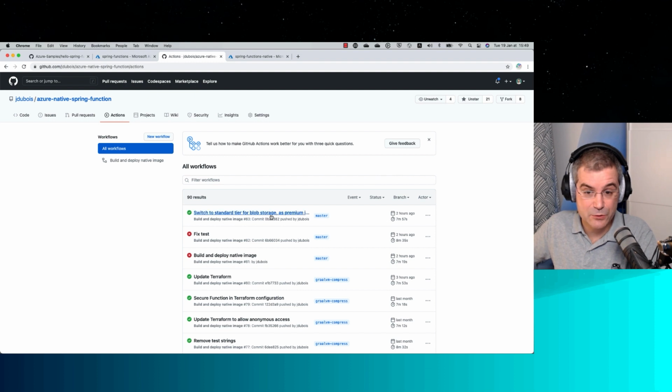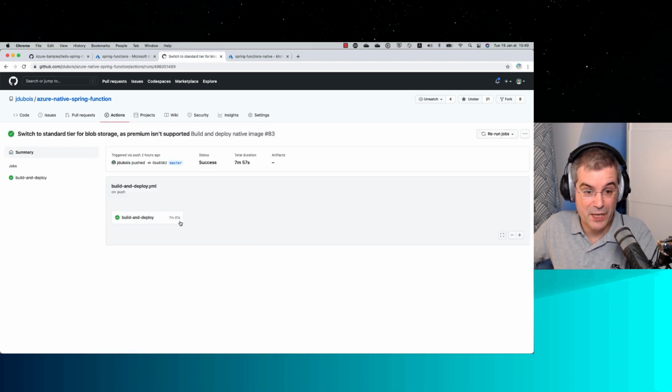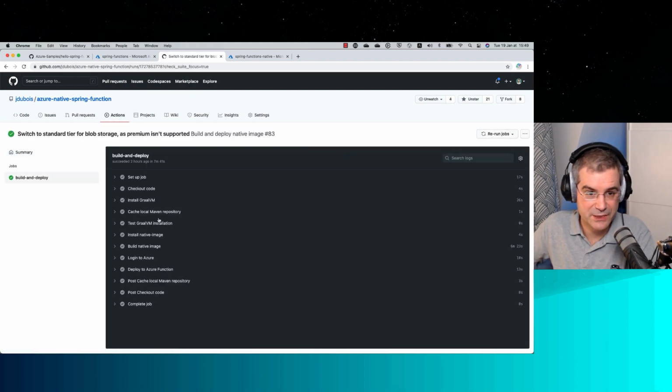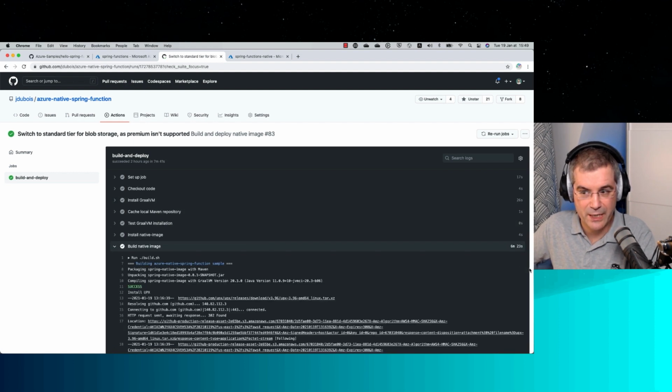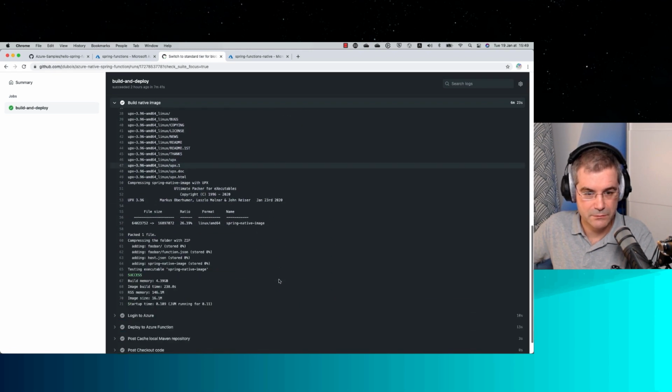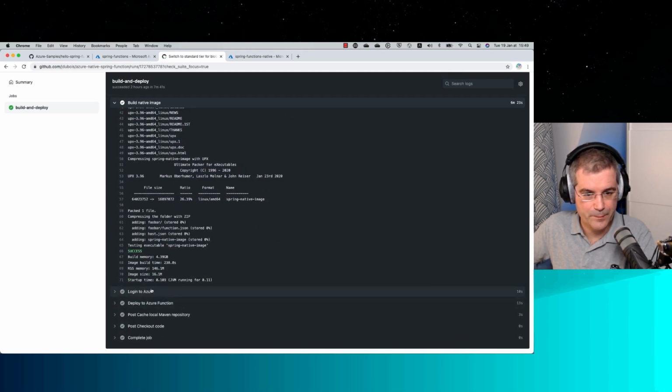But as long as it's running inside GitHub Actions, honestly, it's not that bad. You just need to wait a little bit. And you can see it building my native image, for example. That's what takes the most time, 6 minutes. Also, compressing takes a little time with UPX, as you can see here.